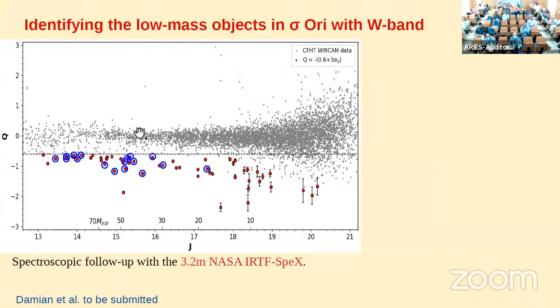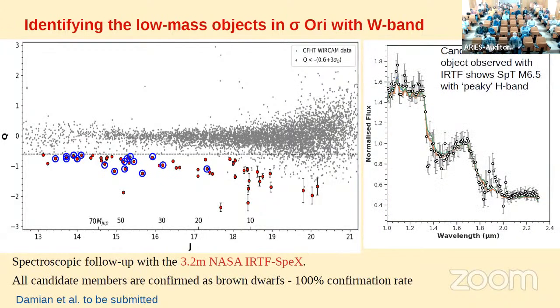These objects have not been spectroscopically studied before, so for them, we did spectroscopic follow-up observations with the 3.2 meter NASA Infrared Telescope Facility and the SpeX instrument. We reduced the data, and we also did the spectral typing for these targets. The image on the right shows one of the targets which we observed with IRTF. The spectrum is shown in black. For the spectral classification, I used standard spectral templates, and here in this plot, I have overplotted the 3 best fitting red-end spectral templates which match with the